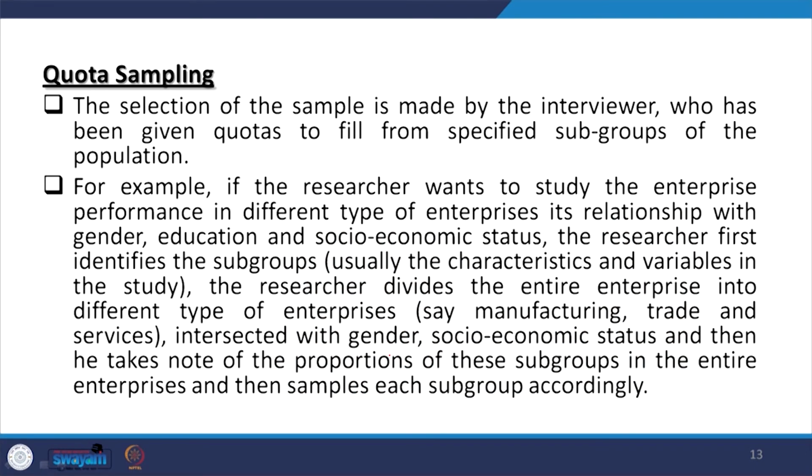What about quota sampling? Quota sampling is another form of non-probability sampling. Some particular quota as specified by the interviewer is important. Quota may be based on representativeness of the data. For example, the researcher wanted to understand socio-economic status, education, gender related information, demography, particular features like health indicators. Then the researcher may divide the entire population into different groups. So different subgroups are defined.